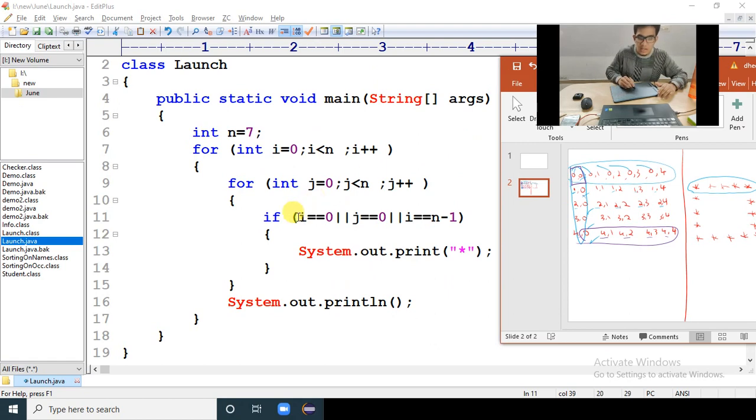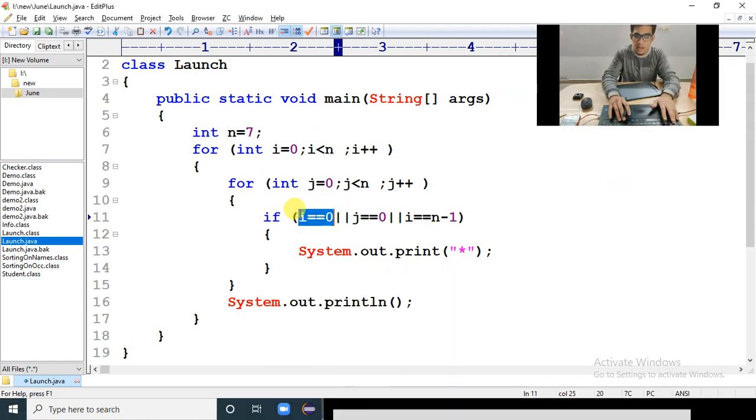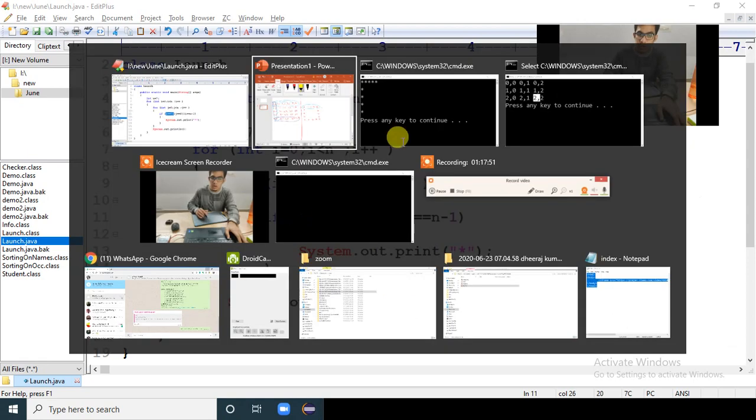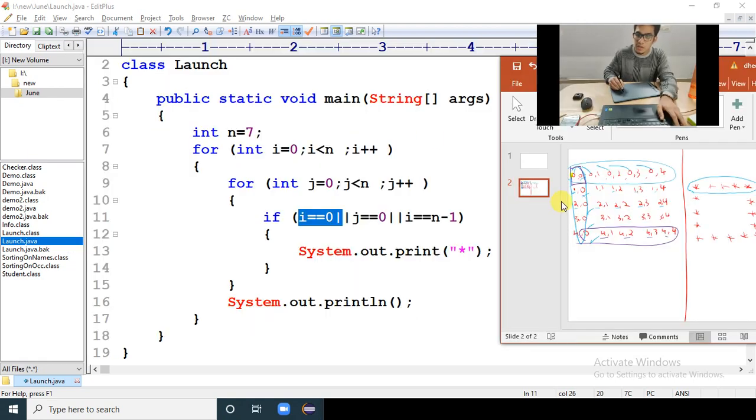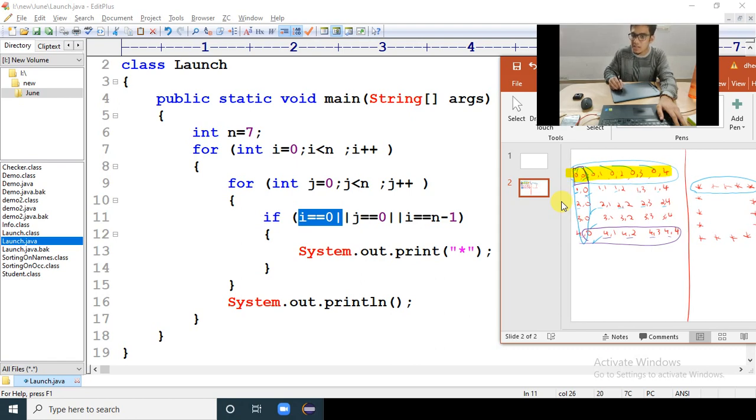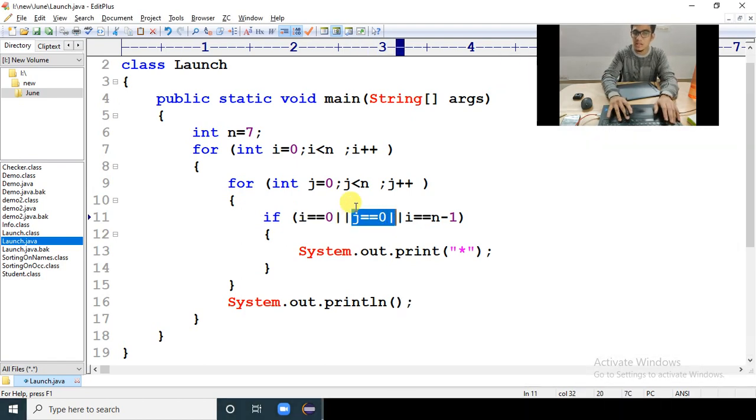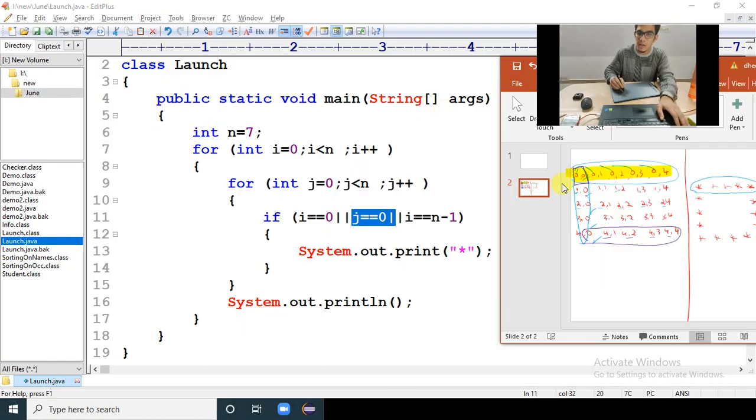So what you thought is, first I equal to 0 is there. I equal to 0 means the computer will first print this line. After printing stars in this line, then j equal to 0, which means the compiler will print stars in this line. That is what you are thinking.